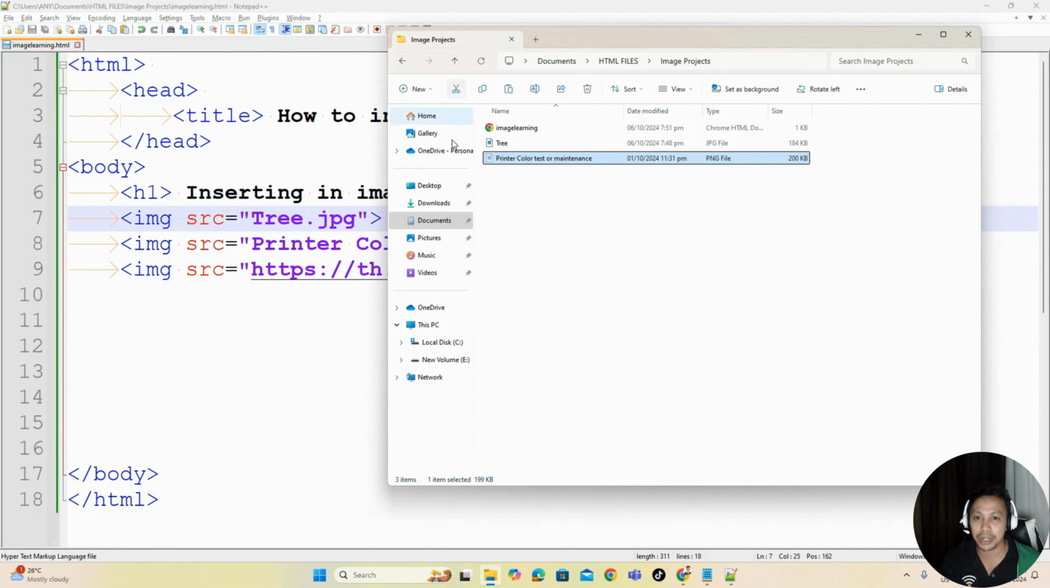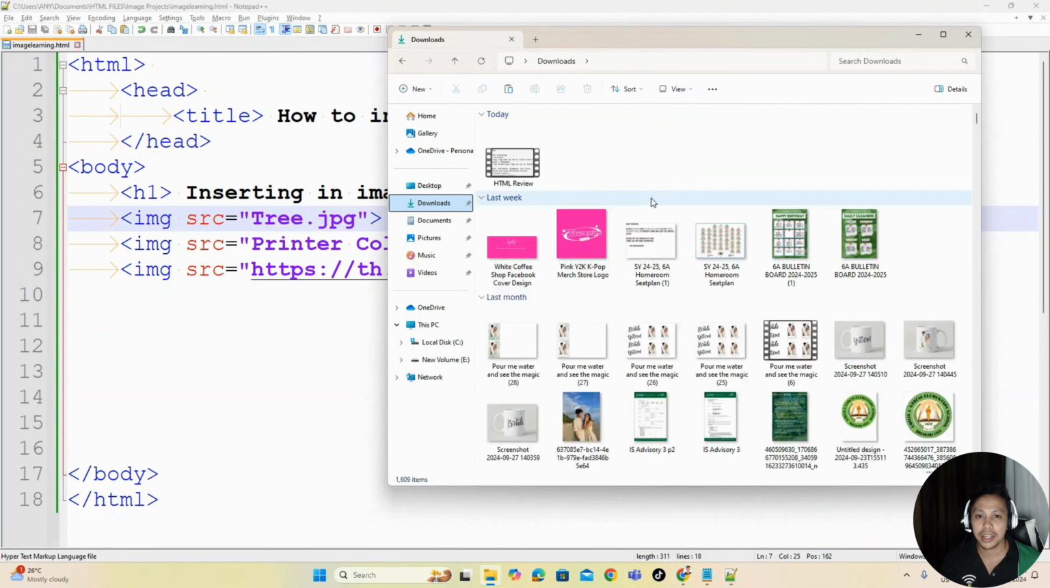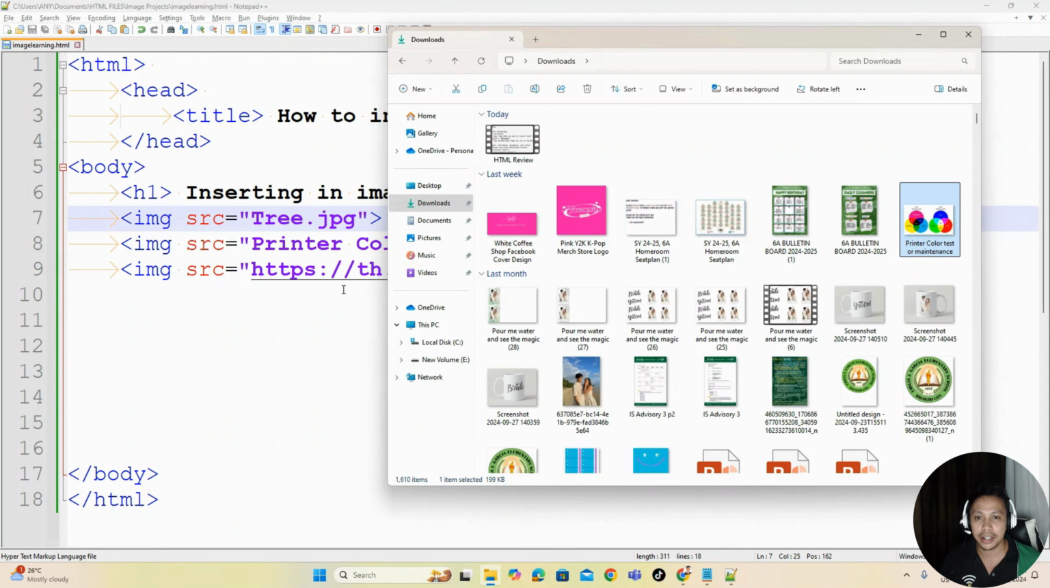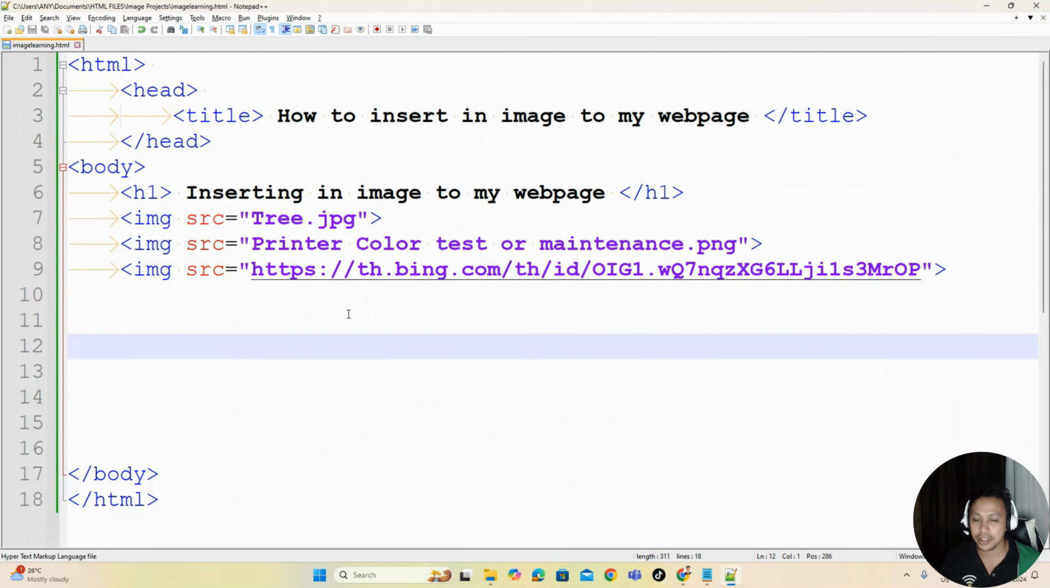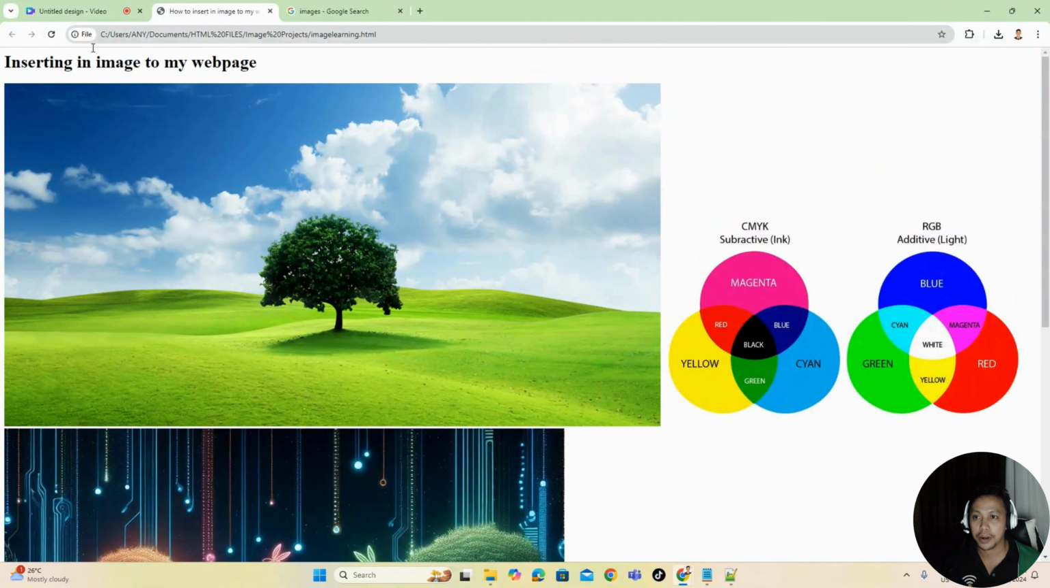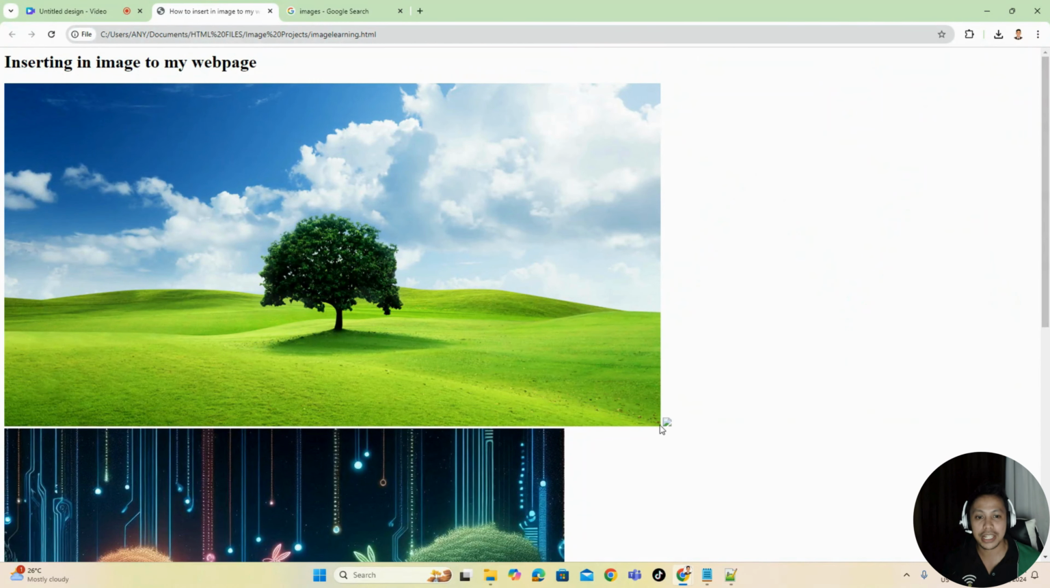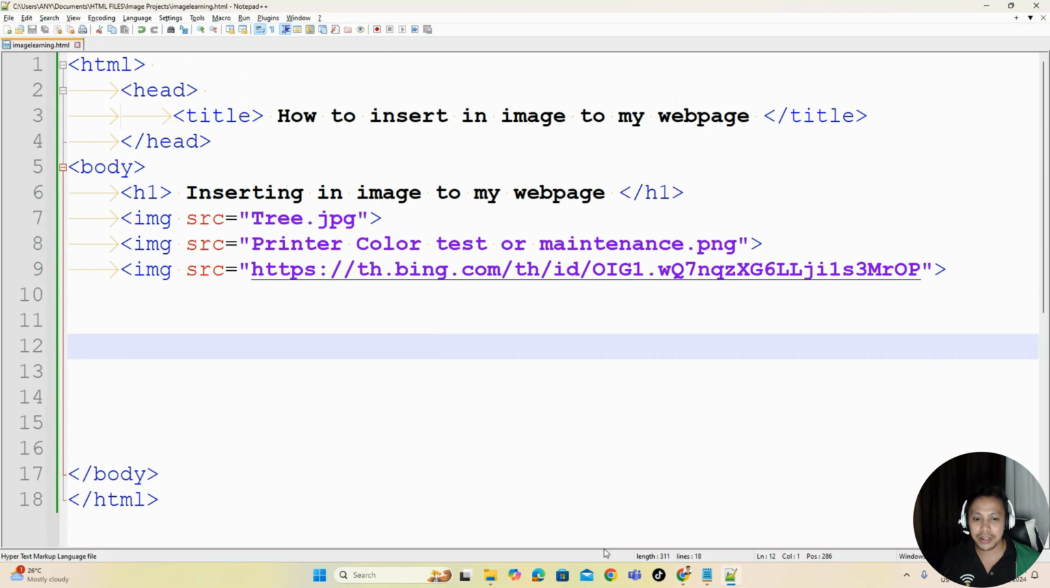Let's try it. I will cut that and then I'll put it back here. Okay, now let's refresh, save, and then refresh our work. Now, as you can see, it will only look like this because the image is not in the same folder or location as your HTML file. You have to remember it. Okay, so now